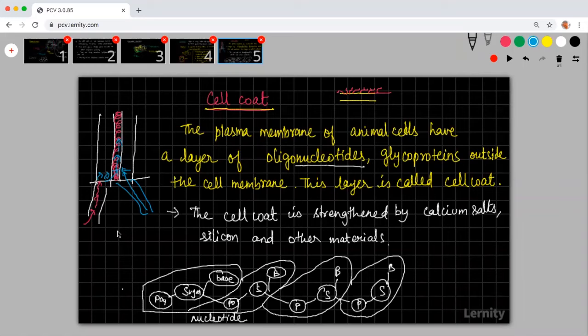If you take a root of a plant and look at it, let us say that this is the root hair. The central portion will be the xylem. So the water has to be absorbed by the root hair and then it has to move till the xylem. If it moves through the cells, then we call it symplast. If it is happening in between the cells, then we call it apoplast.